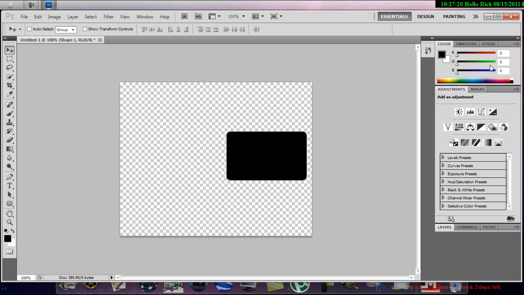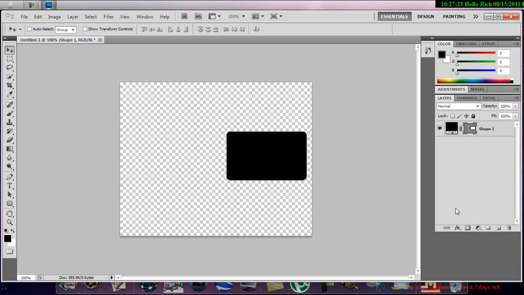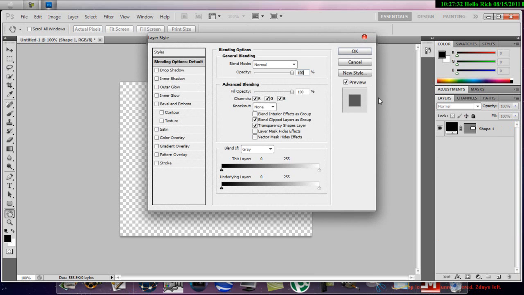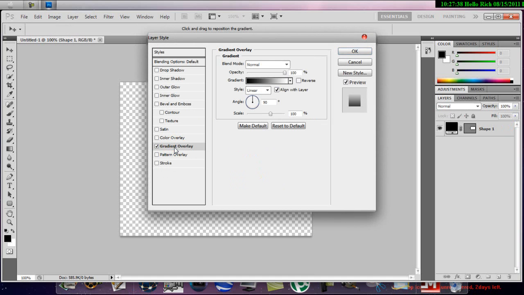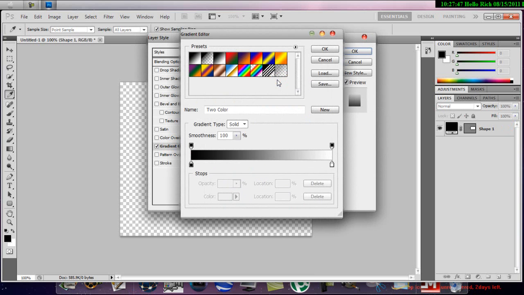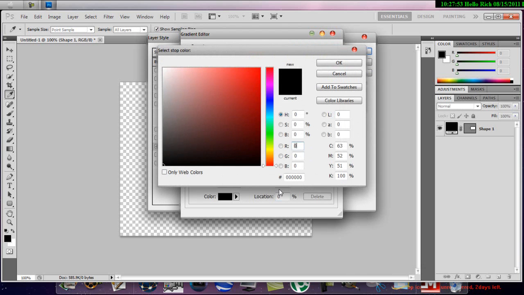go into your layers and then double click on this, not that one, double click on that one, and then tick the gradient overlay and click on it, and then click on this gradient bar and then click on the bottom left hand triangle, double click it and change the color to a reddish kind of full on red, but not full on, just a slight bit off like so,